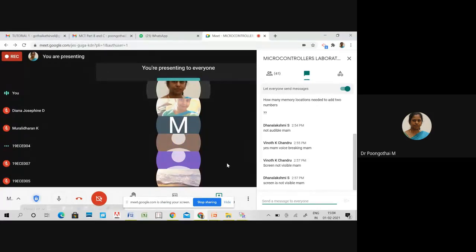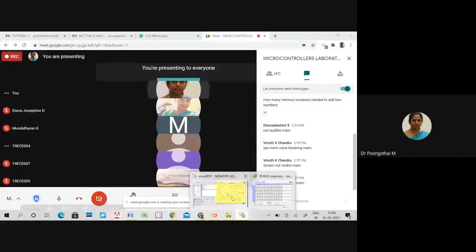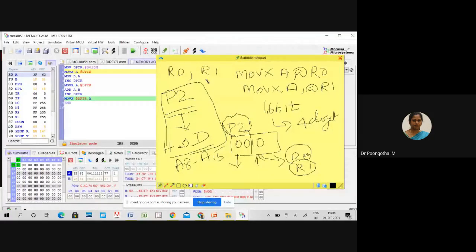So first, we have used DPTR. It is a 16-bit DPTR. We can directly move the 16-bit value into DPTR and access the memory elements from your external memory window. In this application, we are going to use an 8-bit memory pointer. In that case, you have to incorporate P2 to hold the MSB of your address.